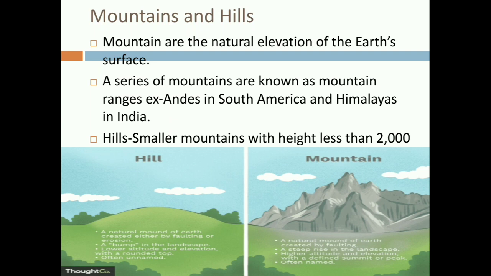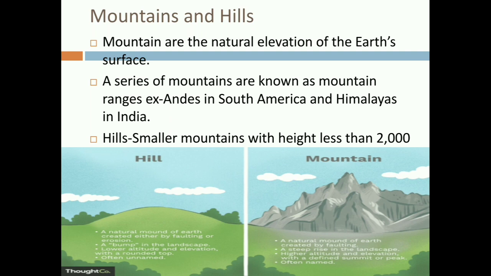Mountains are natural elevations of the earth's surface. They are generally characterized by a small summit and a broad base. They rise sharply above the surroundings. There could be an isolated mountain or a series of them. A series of mountains are also known as mountain ranges.